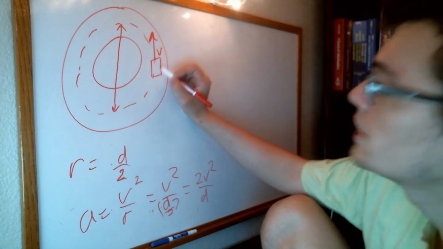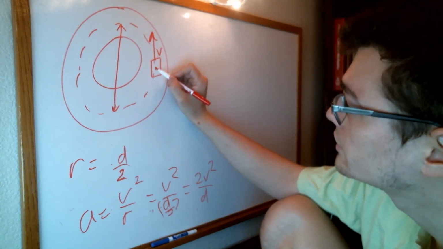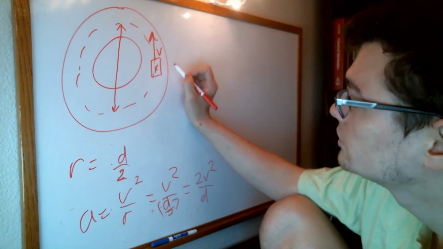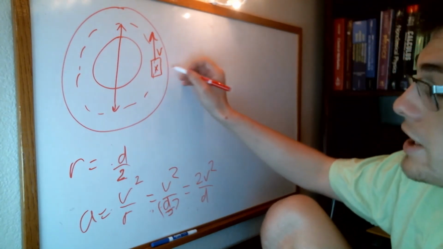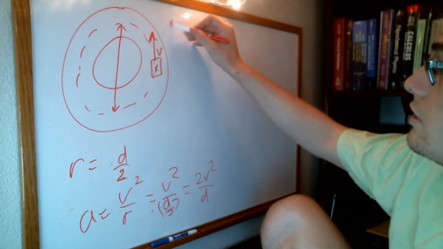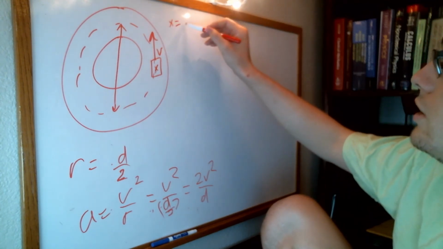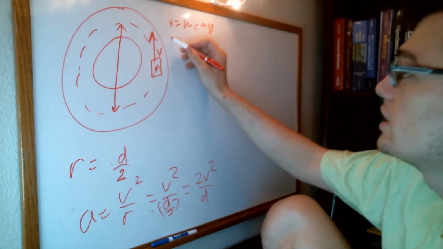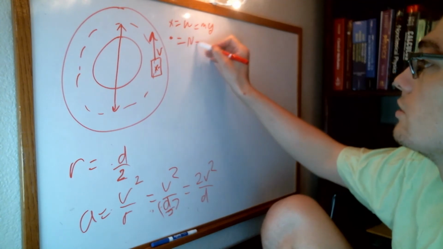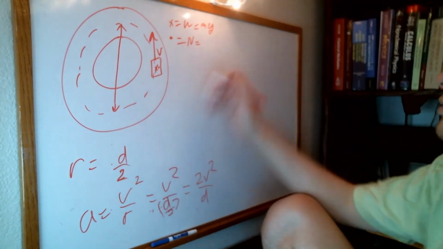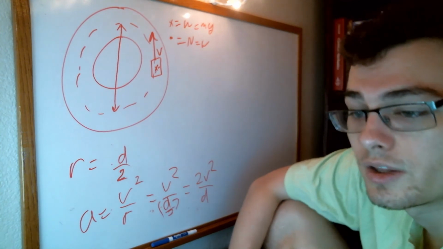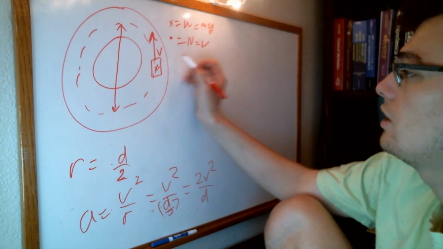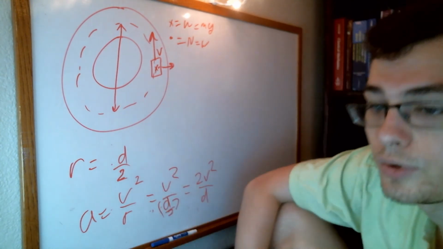The car is going to have a weight that's going to be into the page here. So we're going to write an x there. And so then x is going to be equal to our weight, which is going to be mg. And if we have a dot out of the page, then the dot is going to be equal to the normal force, which is going to be equal to the weight here in the opposite direction. And so then we're going to have a force of friction pulling that way